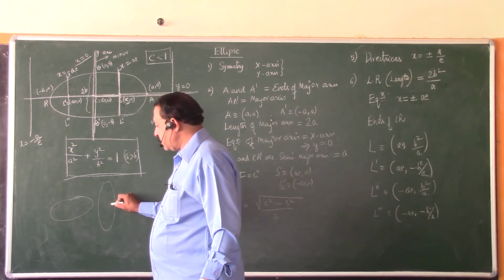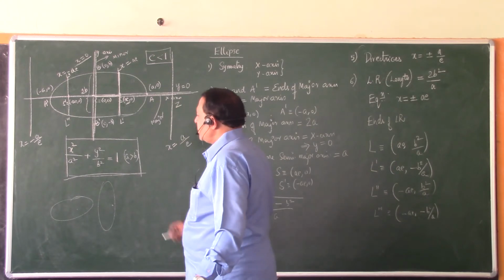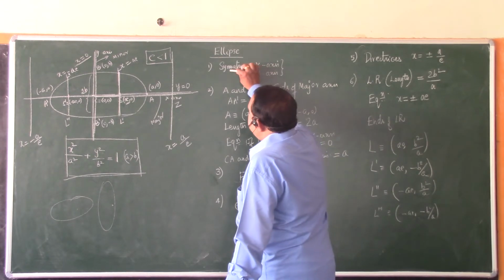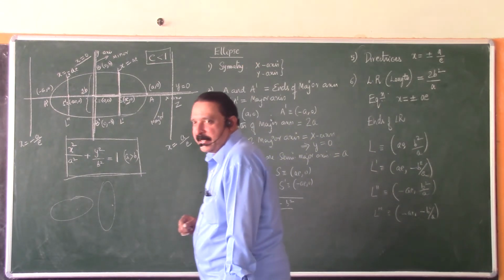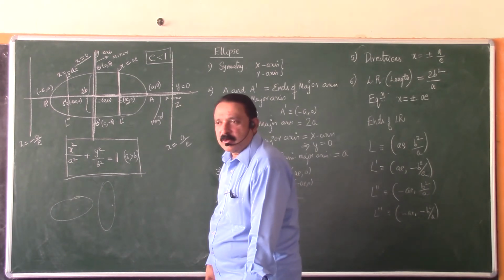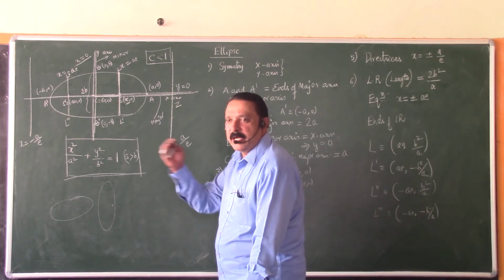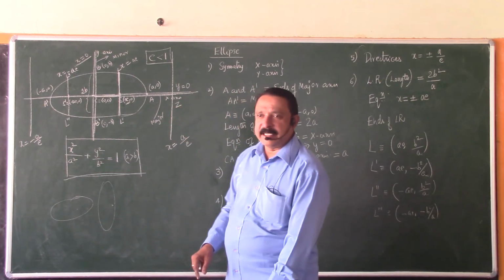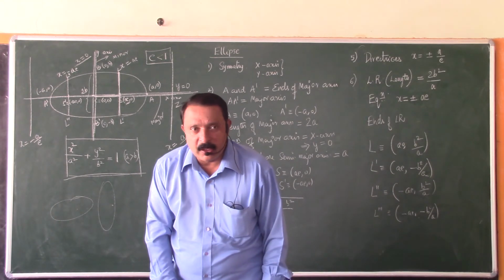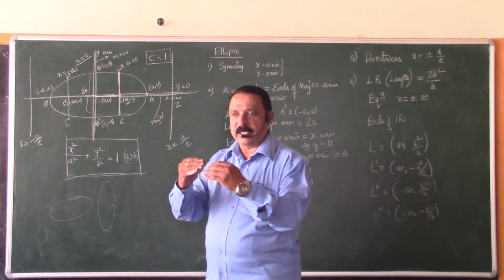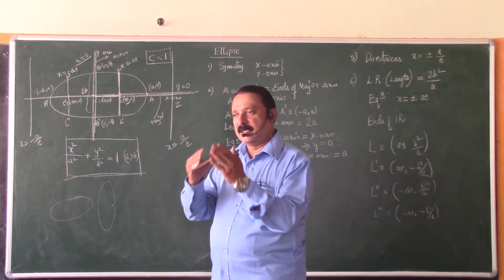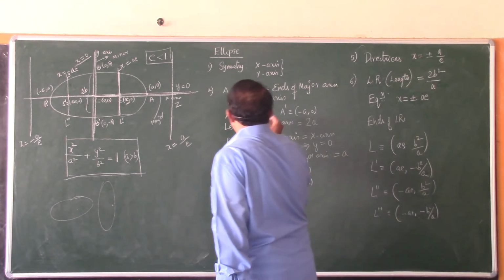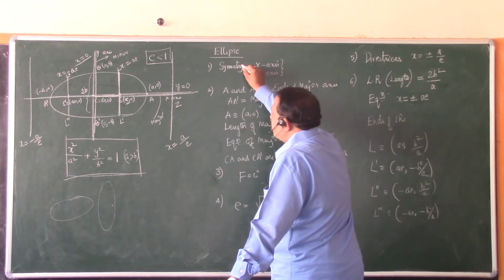Let us also see the details of this ellipse. So this is point number 2, the equation of the ellipse in the standard form. Then symmetry. What is meant by the symmetry of any curve? The symmetry of a curve is caused by an axis which divides the curve into two equal parts. Since x and y are both second degree, it is easy to understand that the ellipse is symmetrical about both the axes. So whatever you have above the x-axis, you should have below the x-axis. Whatever you have to the right side of the y-axis, you should also have to the left side. So the x-axis and y-axis will cause symmetry.